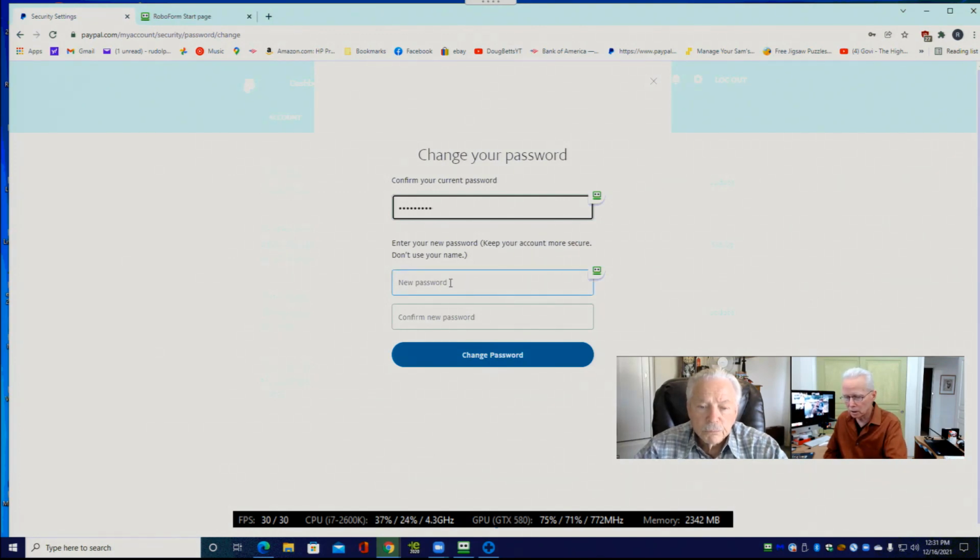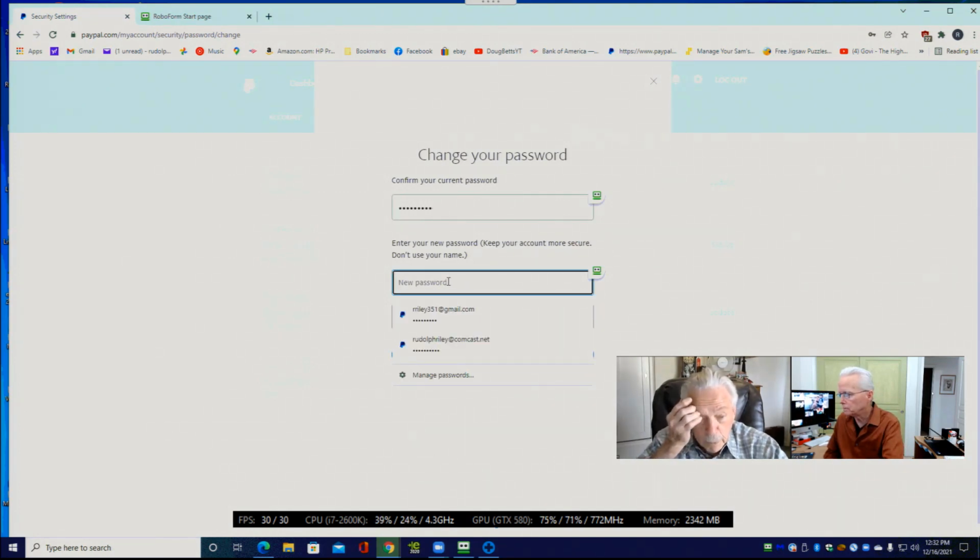Now I'm going to click into the new password field. Okay. And then come over to here. There's an option for new password, fill, and generate. So there's actually a new password already showing in the password field. And okay. Did RoboForm generate that password?